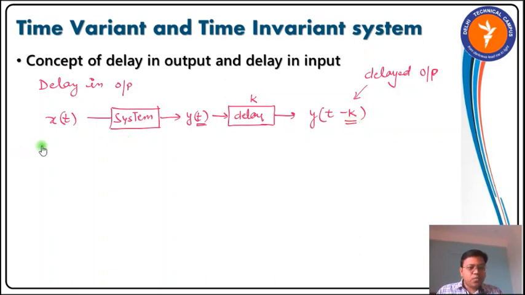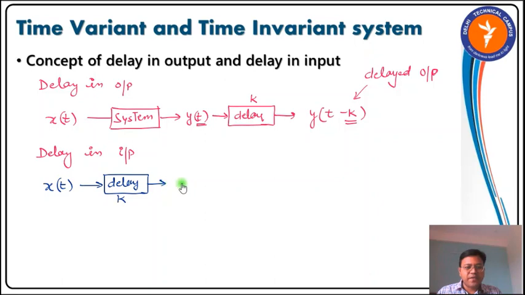Now let us see delay in input. Say we have a signal x of t which is first fed into a delay system, which is causing a delay of k. Then in its output I will get x of t minus k, and then this t minus k is fed into this system,